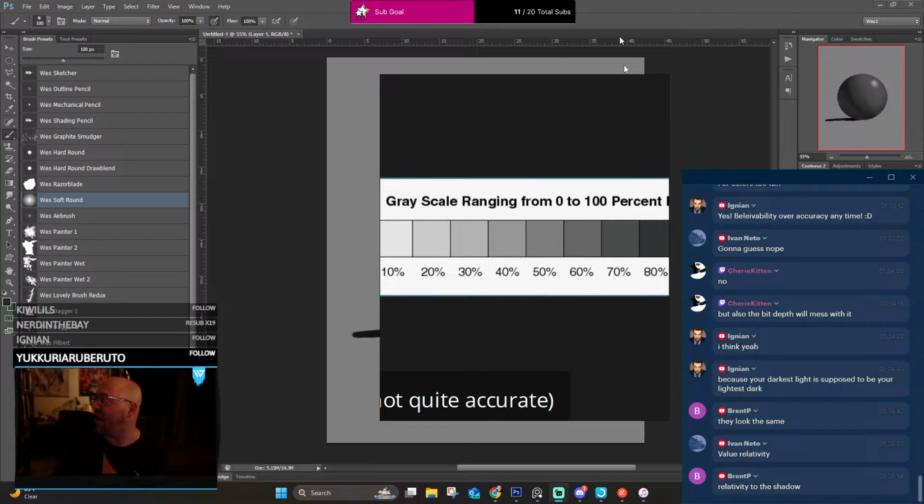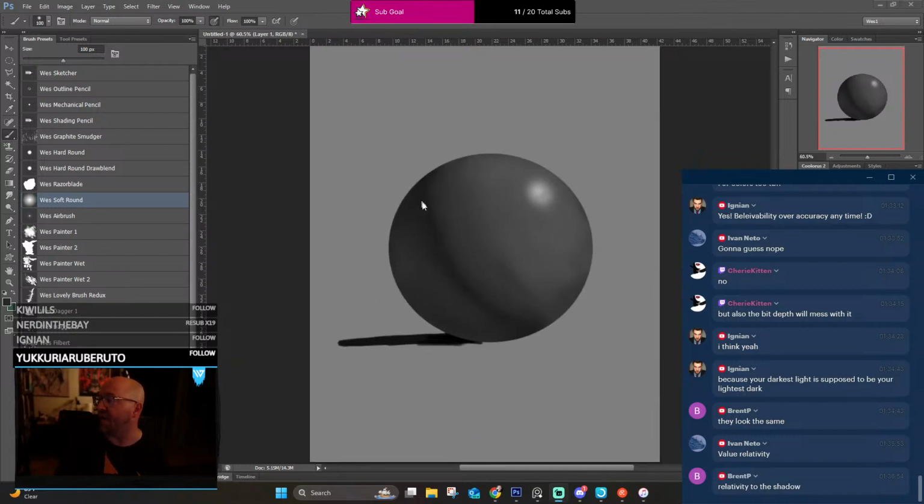And the thing differentiating these two for us right now is the Terminator. The Terminator is giving us that sense of form. It's giving us a sense that, okay, it is going away. And also, that's why a specular highlight does some heavy lifting. So it's relative to the shadows. This is the lightest part of the shadow, but this is the darkest part of the midtone. And the thing that literally cuts it down the middle is the Terminator, and it follows the contour line of the shape itself.